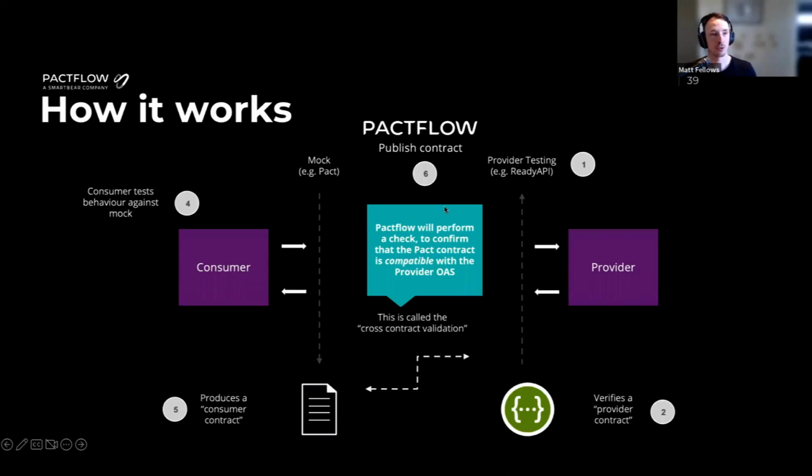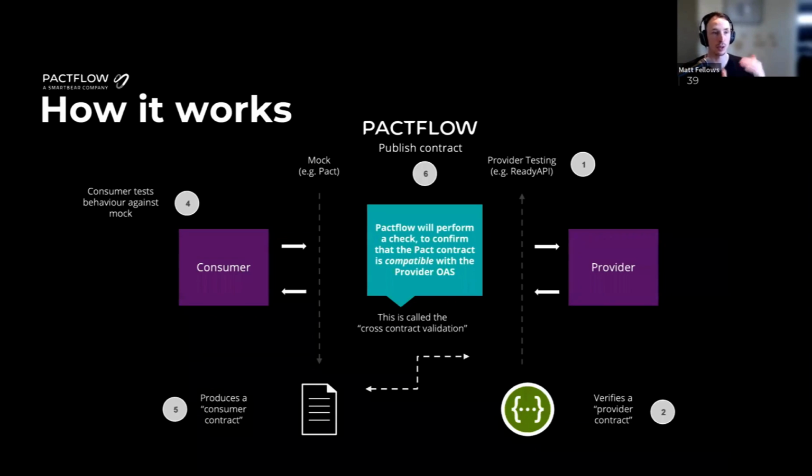And then before we release the software, we then ask Pactflow, is it safe to release this to production? There's a tool called Can I Deploy that does this. And what it's going to do is check the consumer contract. It's going to find all the endpoints in it and go, do those endpoints exist in that OAS? If the answer is yes, it's going to look at the fields it needs. It's going to say, do those fields exist in the OAS? And if the answer is yes, then it's going to be safe to release. If the answer is no, then it's going to prevent us from making that change.